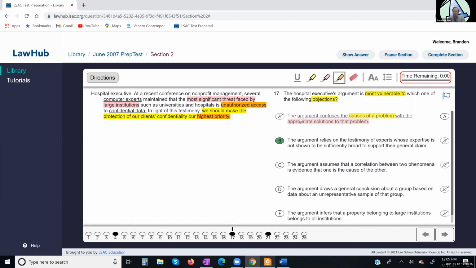Okay, the author assumes, that's the necessary assumption language, but I see correlation between two phenomena as one causing the other. You have to know that's describing the correlation cause fallacy, and you have to know what that looks like. The most common version, there's a lot of variants of it. We discuss it in lessons 1, 2 and 3 of our core concepts. But the most common is our statistical correlation.